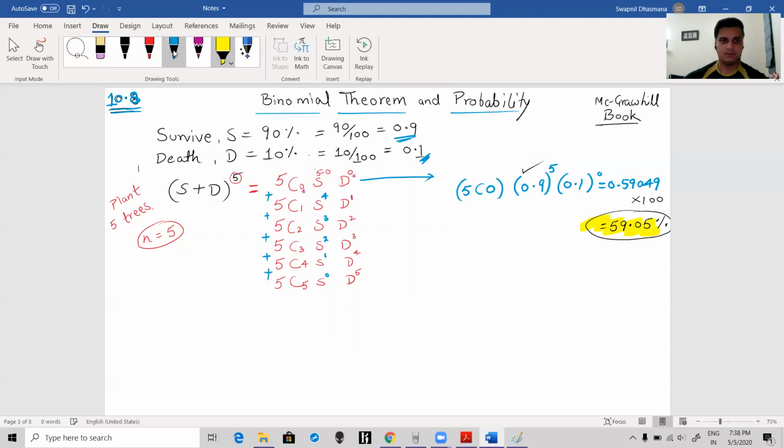So let me write it down so that chances that 5 trees will survive. Now, on the same lines, there are a couple of questions given based on the same concept, same question